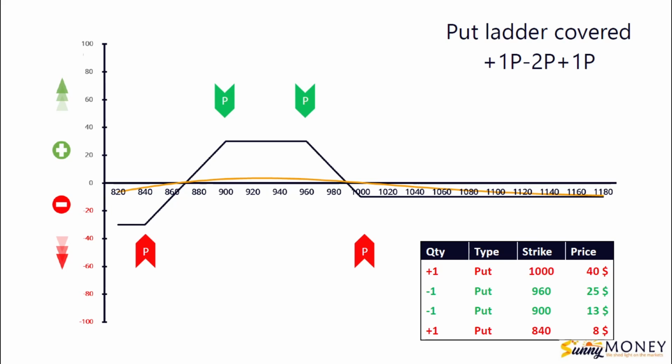With the sole purchase of a put at strike 840 at a price of $8, this risk figure can be asymmetrically secured. In this case, of course, we give up part of the premium, but we will sleep peacefully for